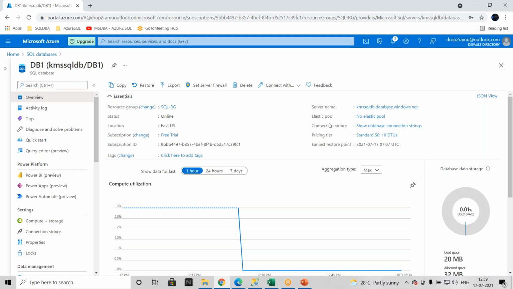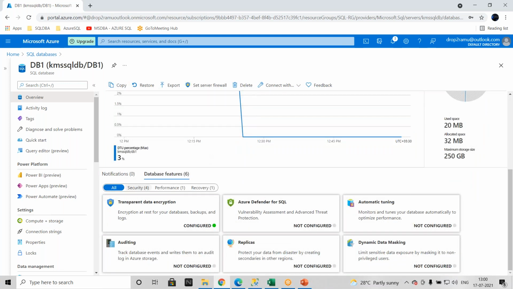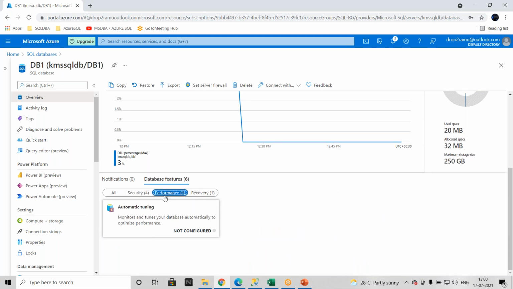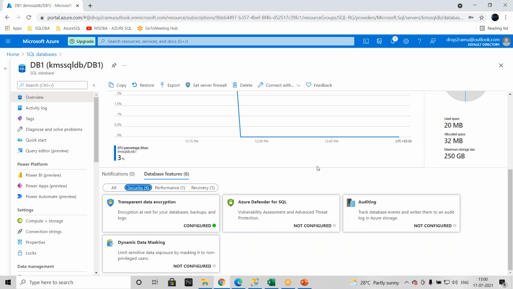Here you will get the server name, Elastic Pools, connection string, purchasing tier, and the resource group, and complete information about your compute utilization. You can start monitoring and troubleshooting. If you want to see security or performance, automatic tuning is available in performance, and security features like TDE, Azure Defender for SQL, auditing, and dynamic data masking can be enabled on Azure SQL database.